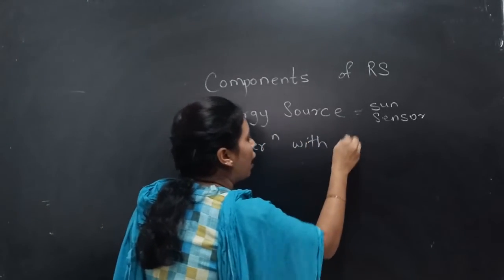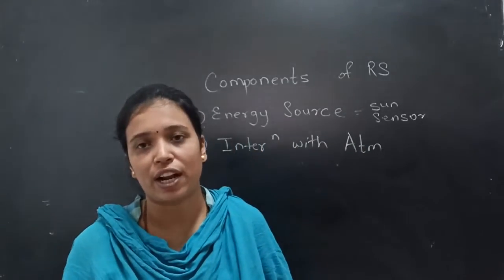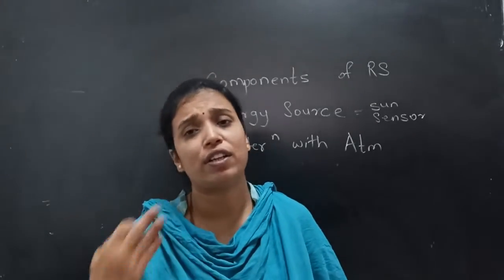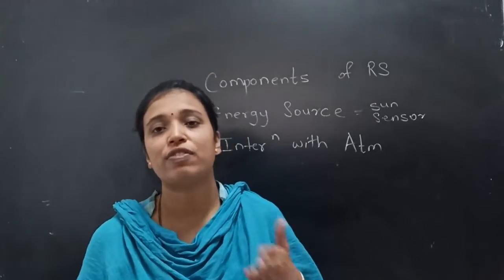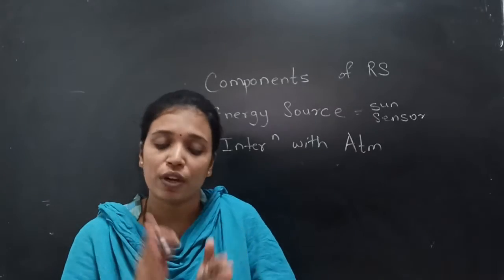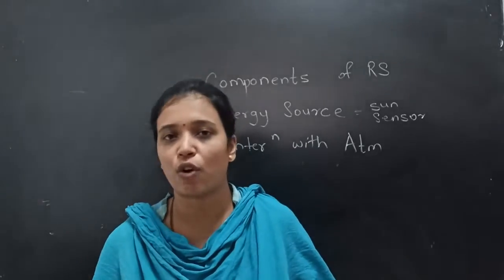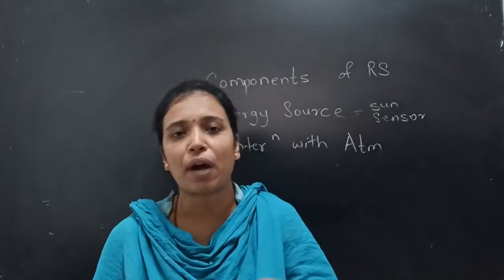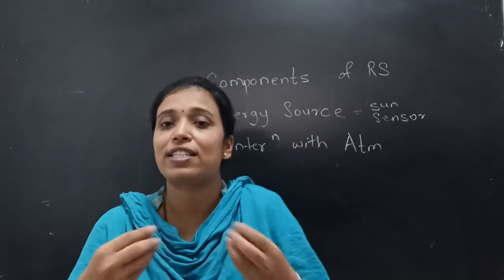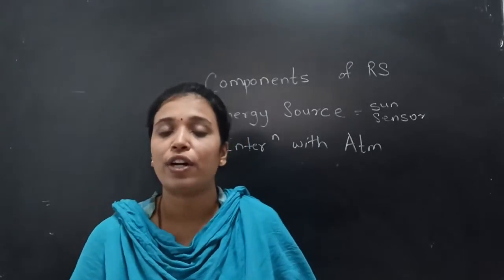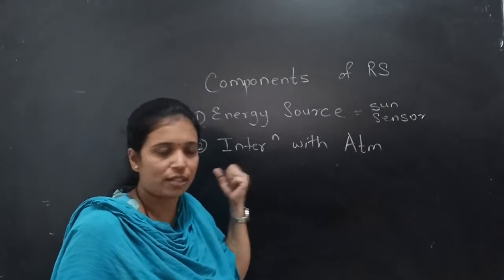Now, when the energy source releases its energy, then second one, it interacts with the atmosphere. Interaction with atmosphere. So in the syllabus we have studied that there are different types of interactions. It may be radiation, reflection, refraction, scattering, emission, transmission. There are a number of types of interactions which occur in the atmosphere. So in atmosphere there is a mixture of gases or single gas molecules, or there are dust particles, there are water droplets. So when the radiation interacts with all these particles and gets scattered, it changes its type or it changes its volume, then at that time the step interaction with atmosphere takes place.